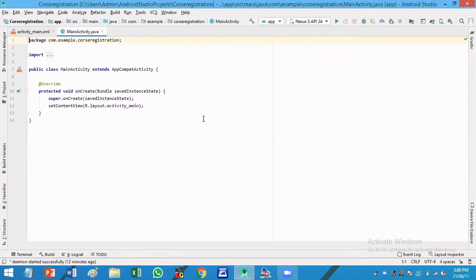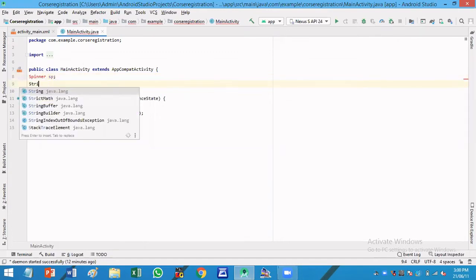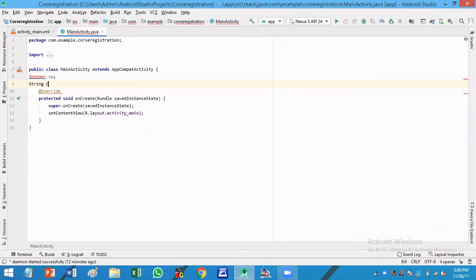Here in the coding page, first I am going to add elements to the spinner tool. Hence, I'll create an object of spinner class, Spinner sp; Okay, and then I'll declare a string array, String courses equals courses array. I'll include the course names here like Java, C, C++,